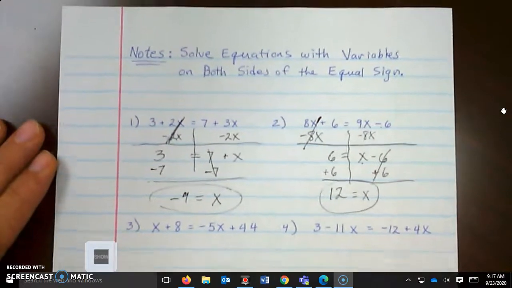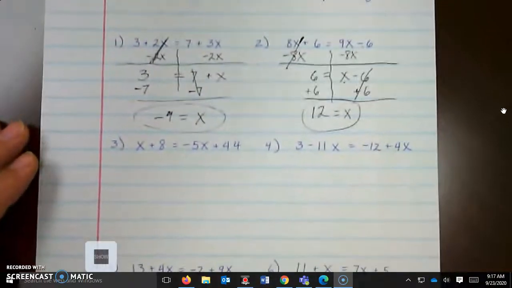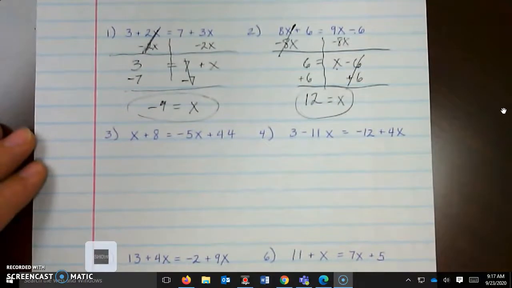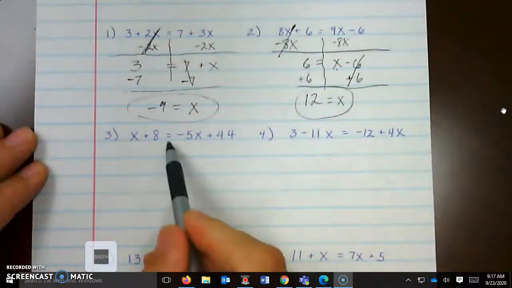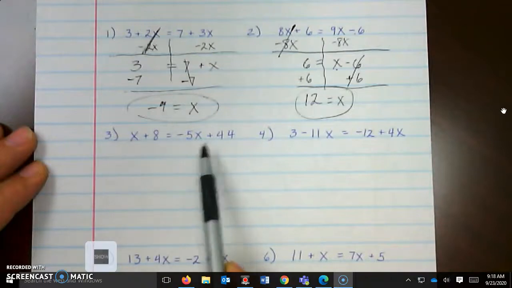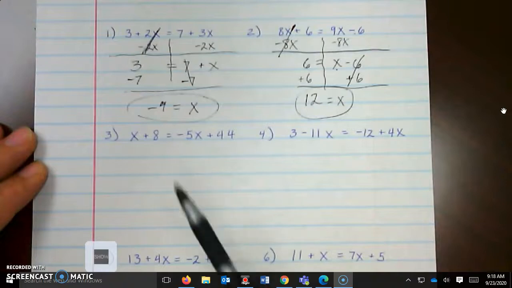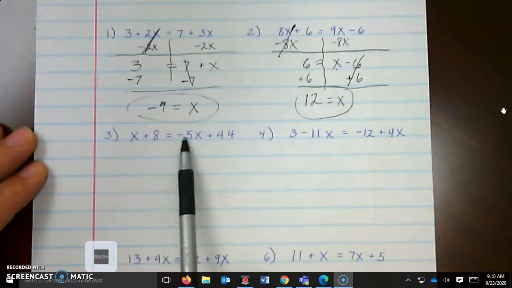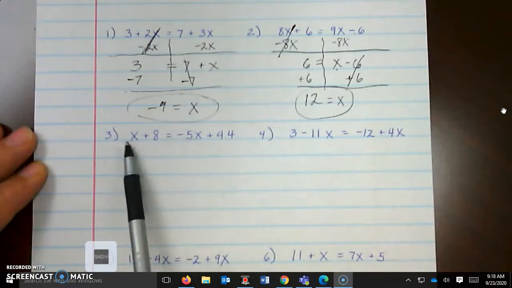Okay, so now let's look at a couple where you have to divide, as in the last step. So, same, there's my equal sign, x on both sides, and I'm going to cancel one of them. Now, that's a negative, oh sorry, I was pointing at the wrong one. That's a negative x, negative 5x, that's a positive. I'm going to cancel the negative,